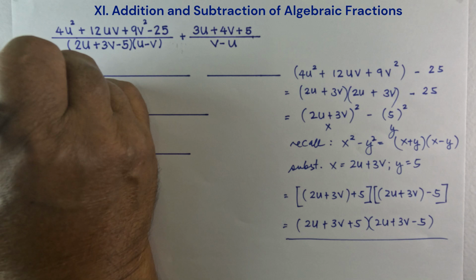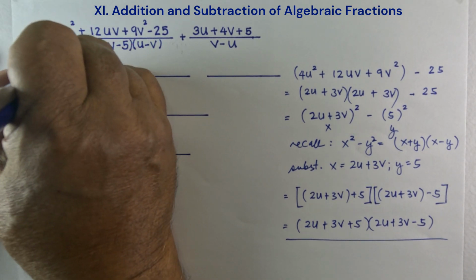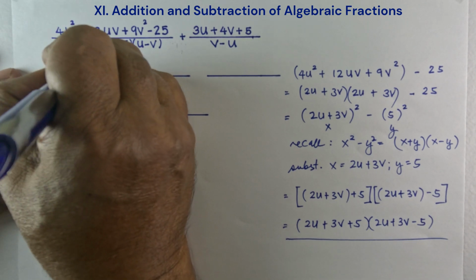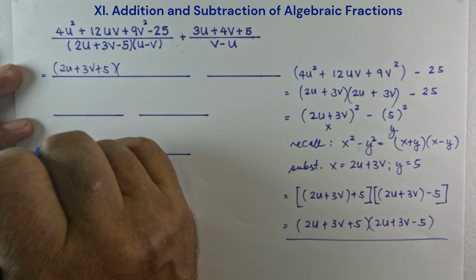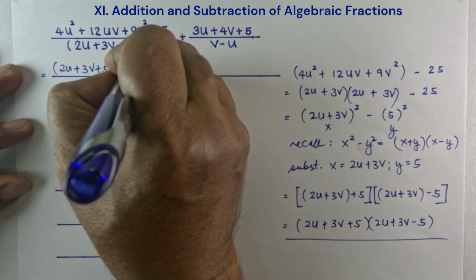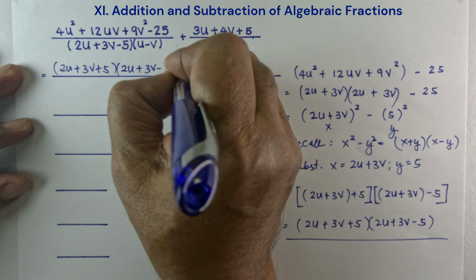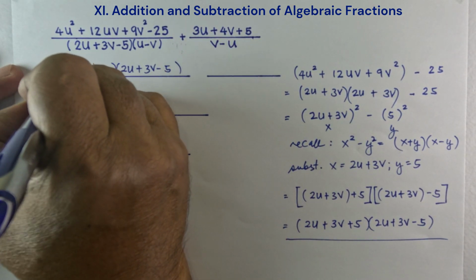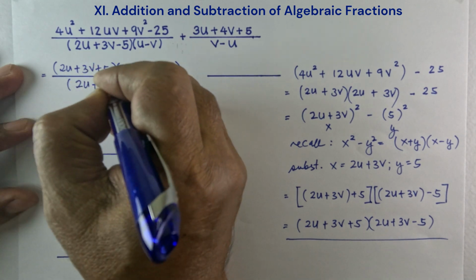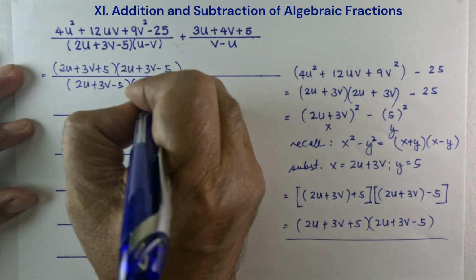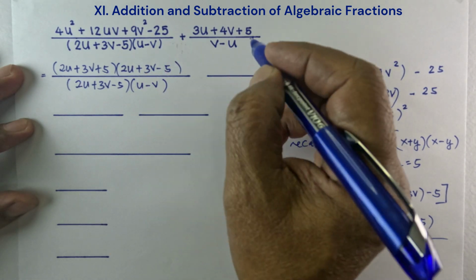So let's substitute. 2u plus 3v plus 5 times 2u plus 3v minus 5 over this one, that's 2u plus 3v minus 5 times u minus v. Plus,